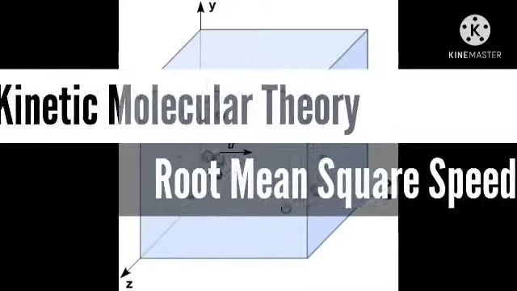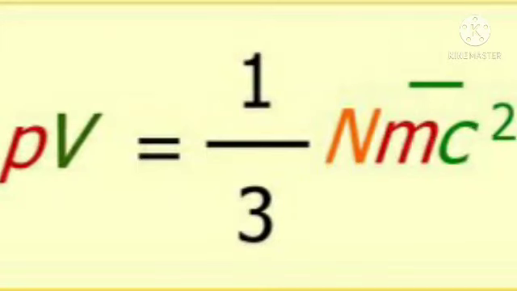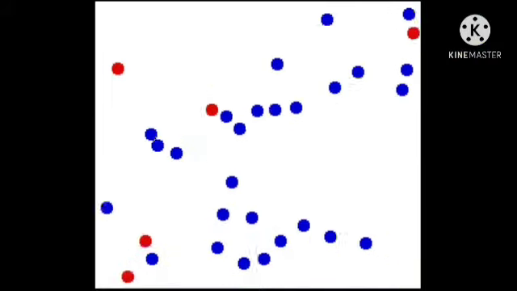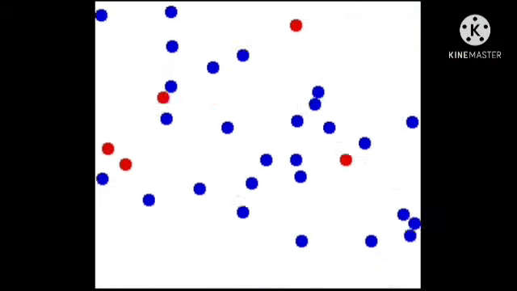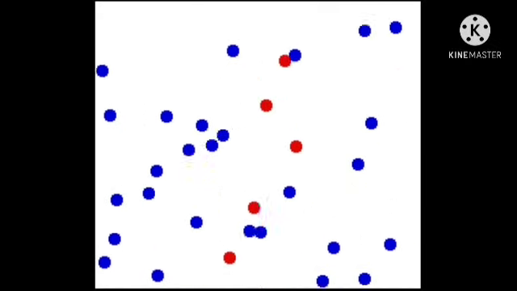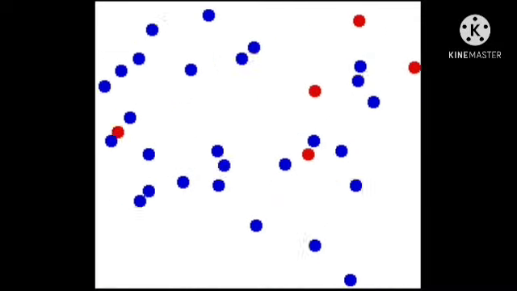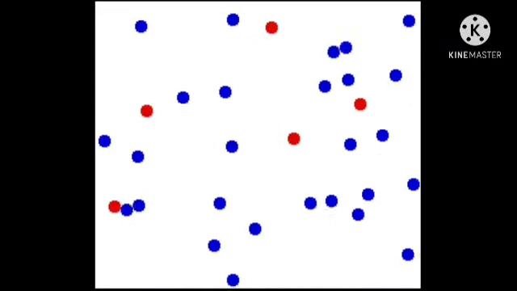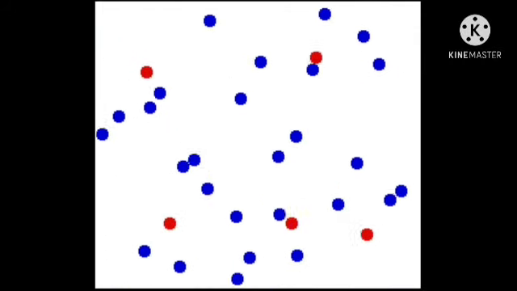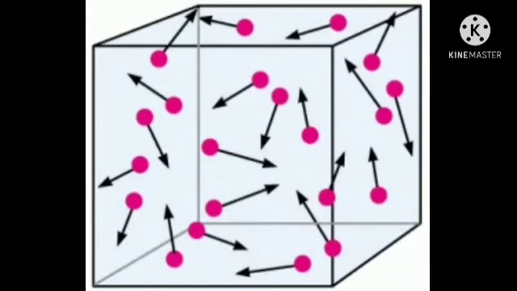Alright, so let's talk about the kinetic molecular theory and the root mean square speed. According to the kinetic molecular theory, gaseous particles are in a state of constant random motion. Individual particles move at different speeds, constantly colliding and changing direction. So we use velocity to describe the movement of the gas particles, thereby taking into account both speed and direction. Although the velocity of the gaseous particles is constantly changing, particles moving in opposite directions have velocities